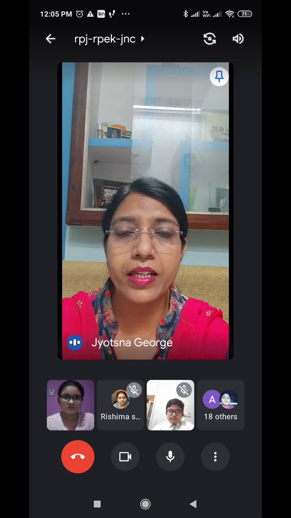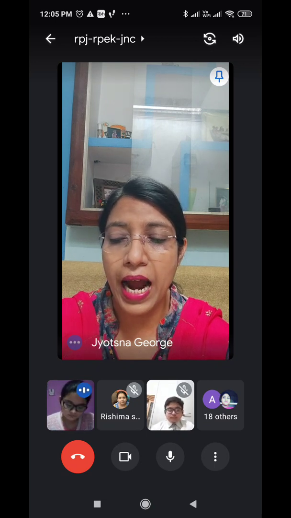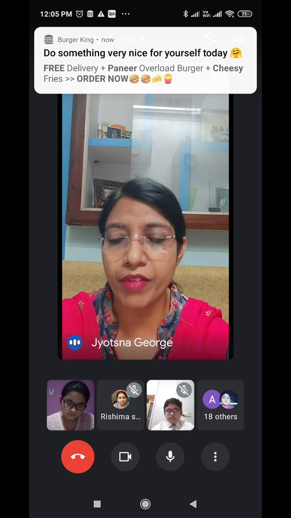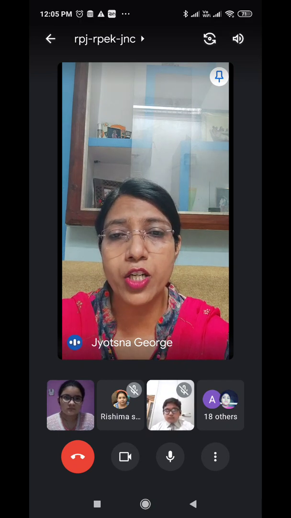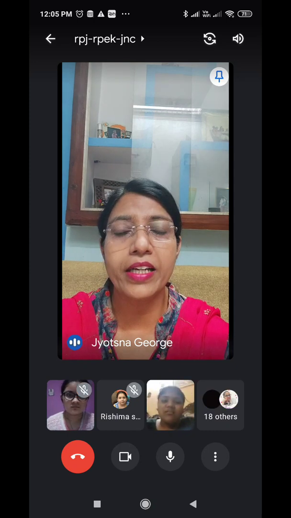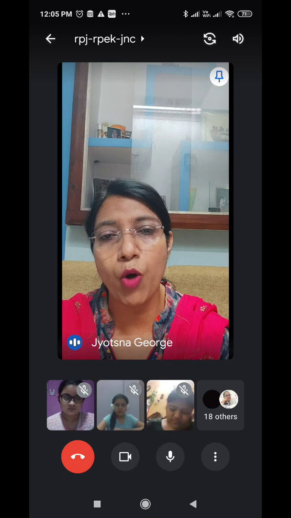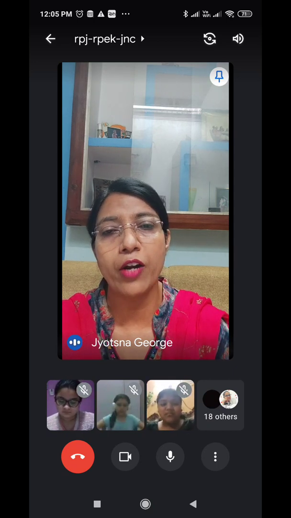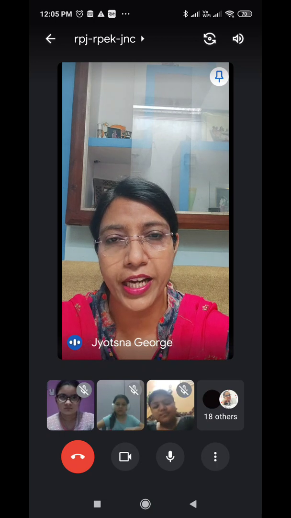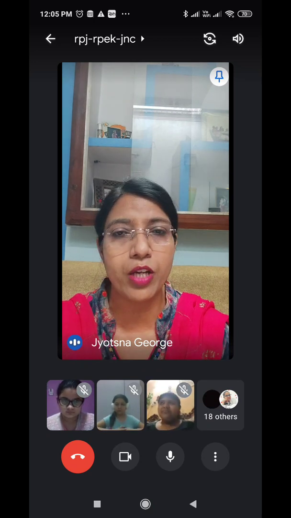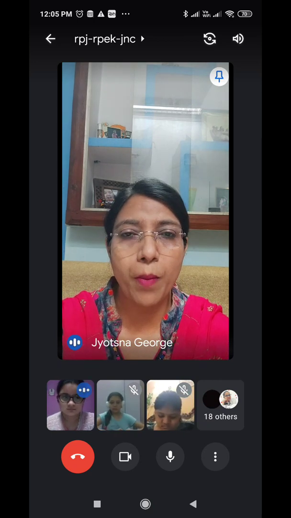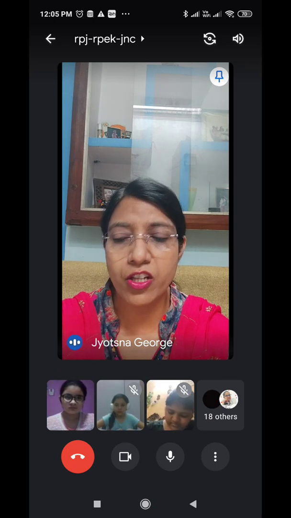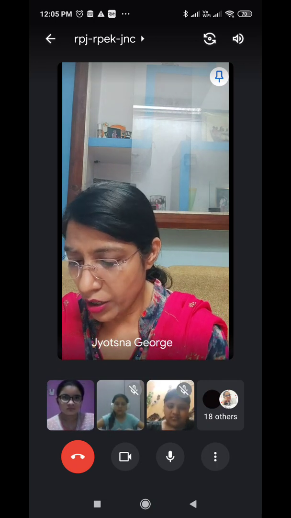Then see the second example. The book that I wanted to buy was not available. Here, that again is a relative pronoun because it is used to refer to the book. The book that I wanted means the book which I wanted. So the book had already been mentioned. When we want to refer to that again, we use relative pronouns. Now in this exercise, we have to fill in the blanks with appropriate interrogative or relative pronouns. Okay, let's try doing it.